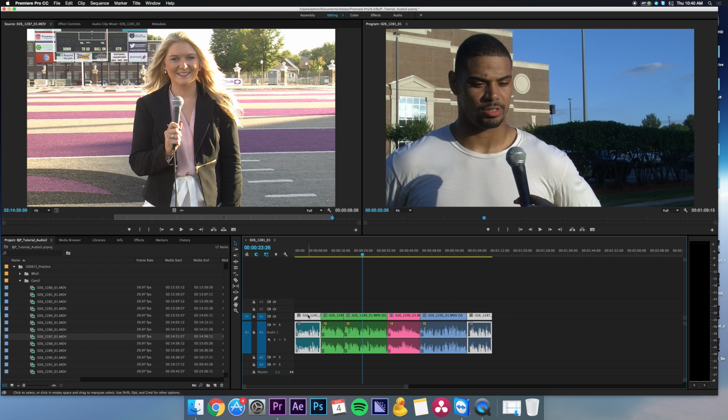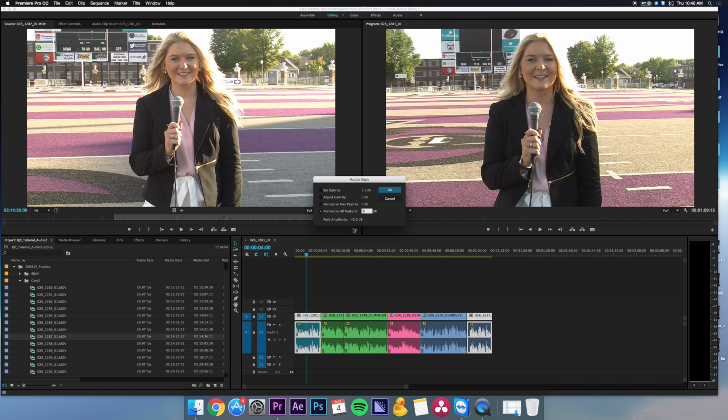Shift click and then shift click again. I'm hitting G. We're going to normalize all peaks to -4. It doesn't do a lot because, as you saw, the peak amplitude right here is 5.3, and I got Kelsey up by 1.3 decibels, so she's at the -4, matching the other